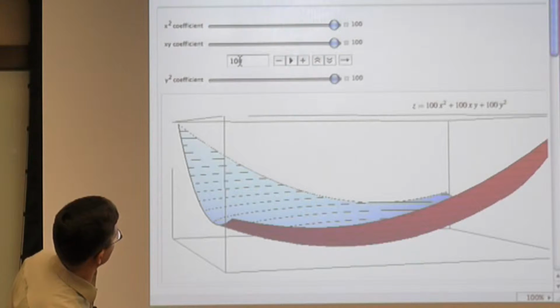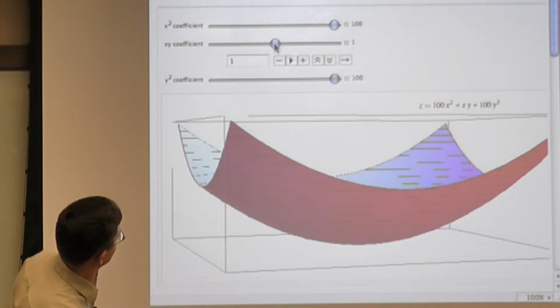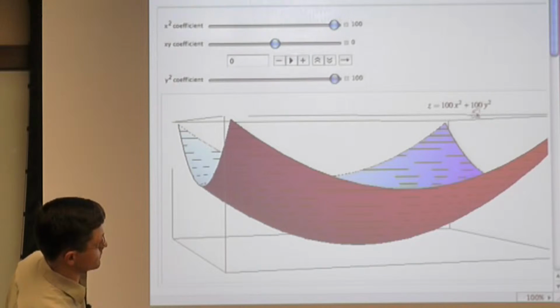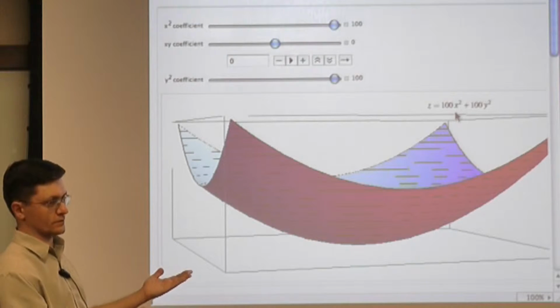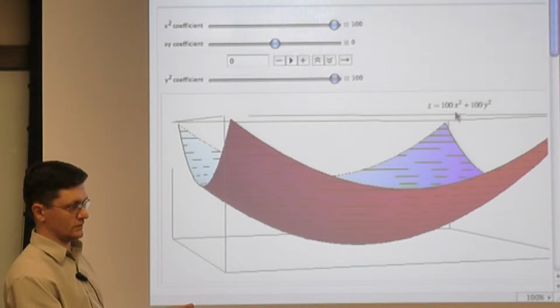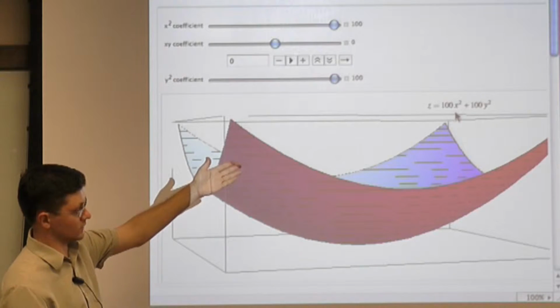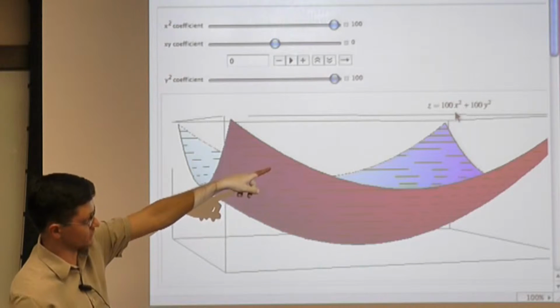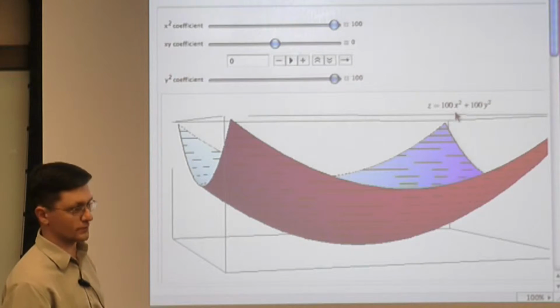And moreover, if you make this middle term 0, then what you see is a sum of squares, right? If you see a sum of squares, is it ever negative? No. So the 0 value at the point x equals 0, y equals 0 is the minimum. And that's obvious without even graph. It's obvious from the formula of the function.